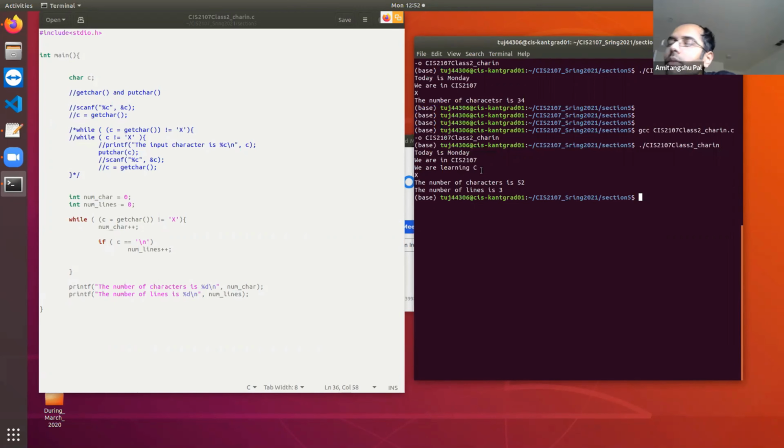Clear? Okay. Now if I ask you to enhance this program to count the number of words, what is going to be the idea? How many words are there inside this text? What is the number of spaces? Number of spaces. In addition to that, what else do you need to check? The lines. So number of spaces and also number of lines, right? Because in between Monday and we, you do not have a space, but you have a newline \n, right? Because whenever we are starting a new line, we are adding a newline, even if there is no space.